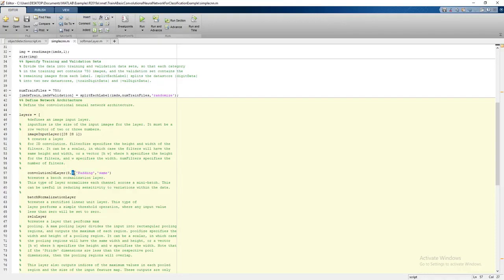As these images are small in size, have very low complexity, and have fewer features to be analyzed, I'm using a smaller number of filters. If we have more features to be analyzed and the sparsity of the data is high, then we definitely need to move toward a higher number of filters in the first convolutional layer.